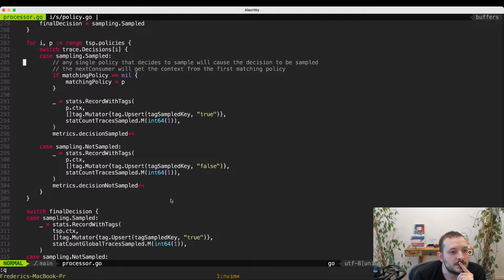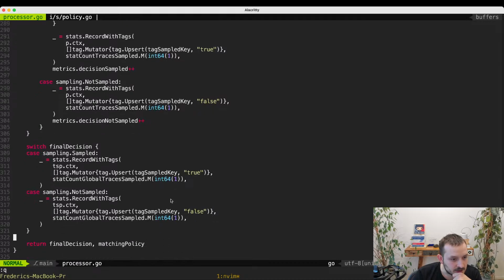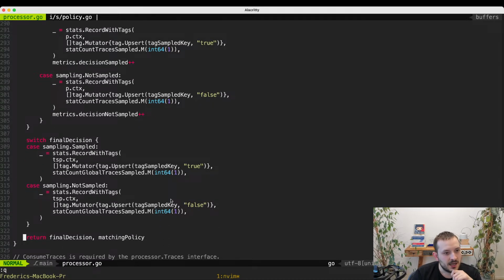If it's sampled, if there's any single policy that decides to sample, it will cause the decision to be sampled. The next consumer will get the context from the first matching policy. Okay, makes sense. And our final decision. Yeah, to me, this looks like what's happening is